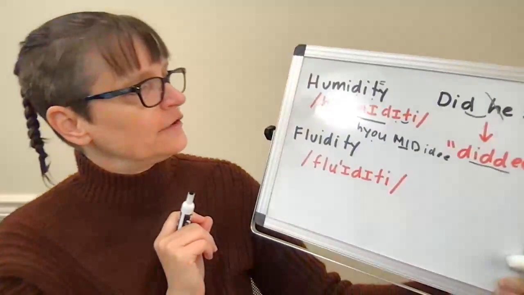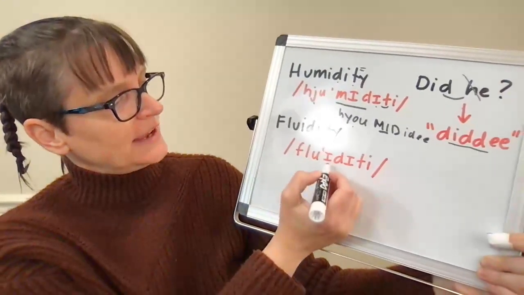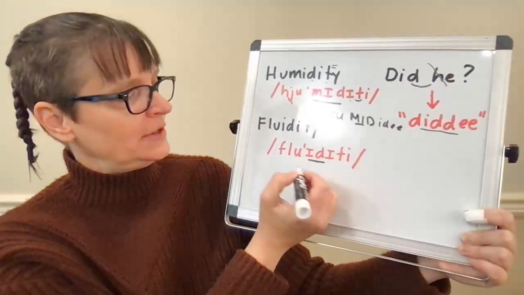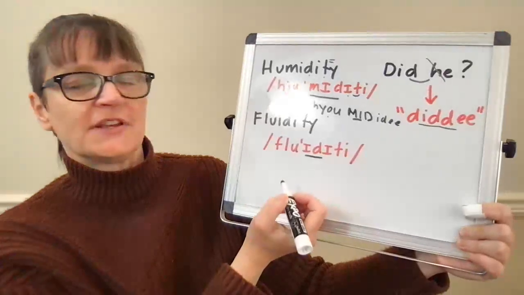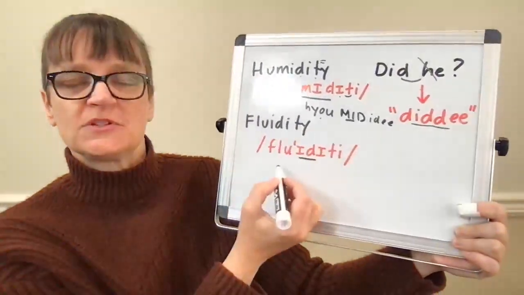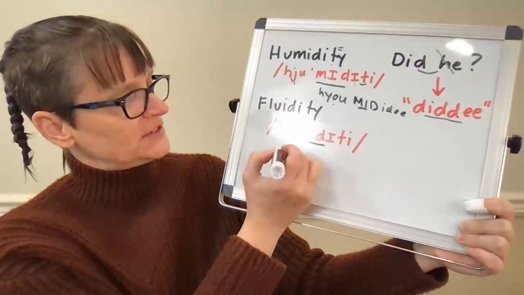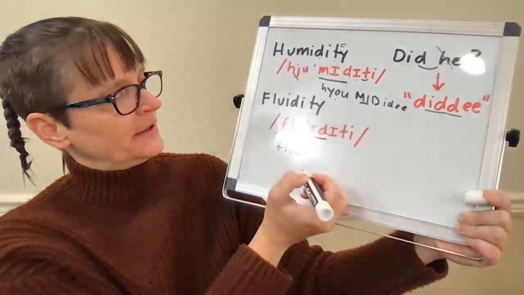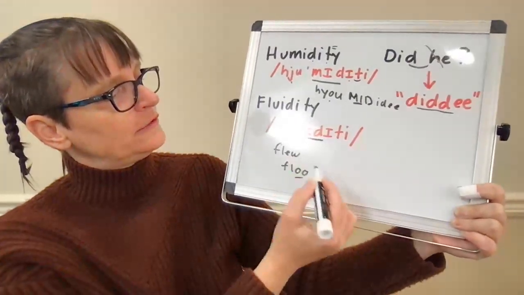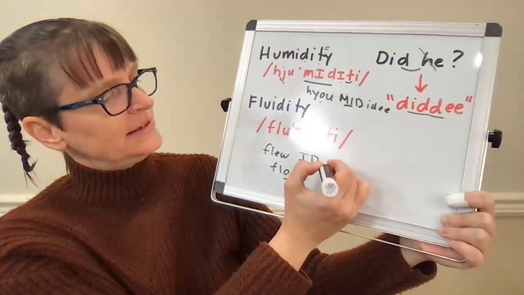Then when we look at fluidity, interestingly, we again have second syllable stress, but there's no consonant at the start of this syllable. And this letter U just says oo. So while this one said U, humidity, this one just says oo, fluidity. So it is also how we say the word flu, or you could write it this way, just the oo sound, no glide, fluidity. So my main stress is going to be on my id, and then I'm just going